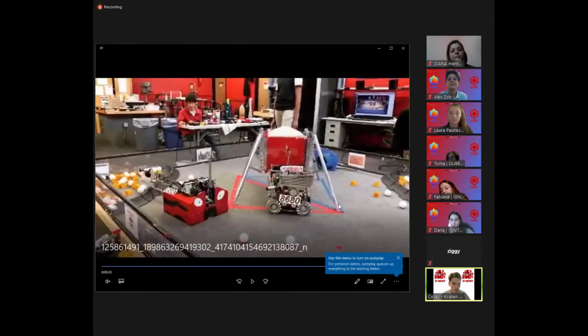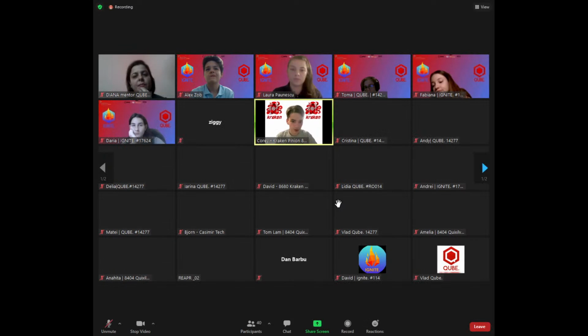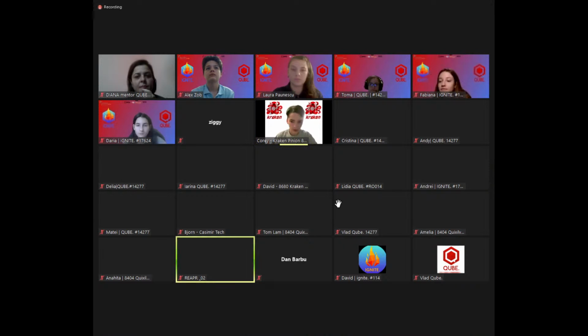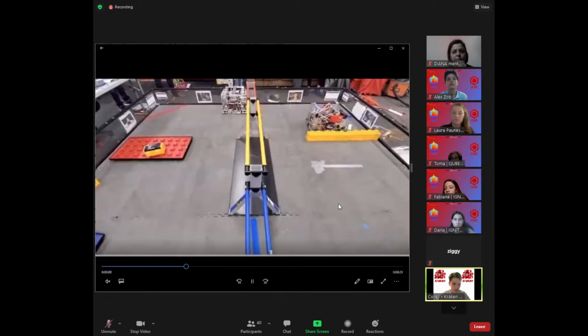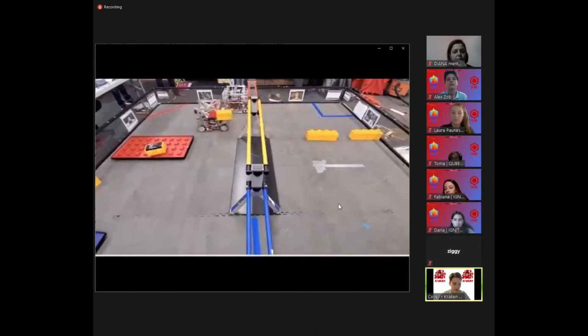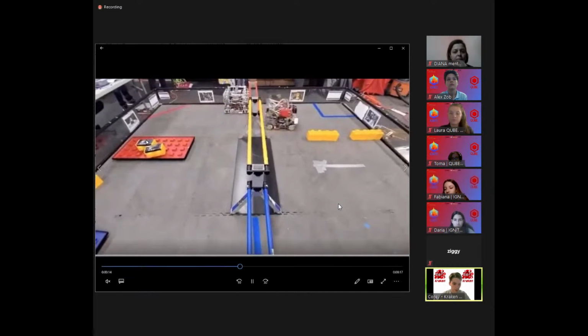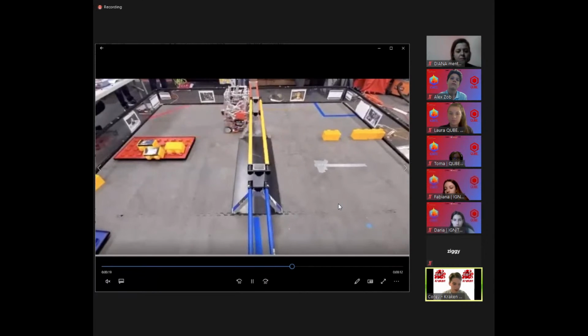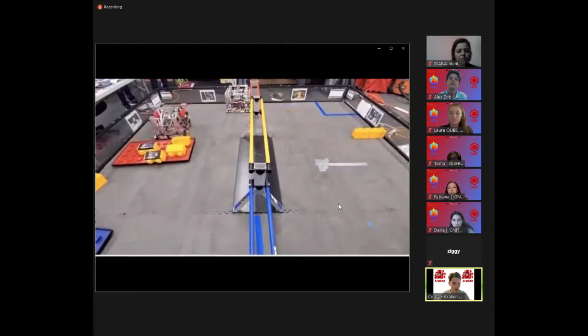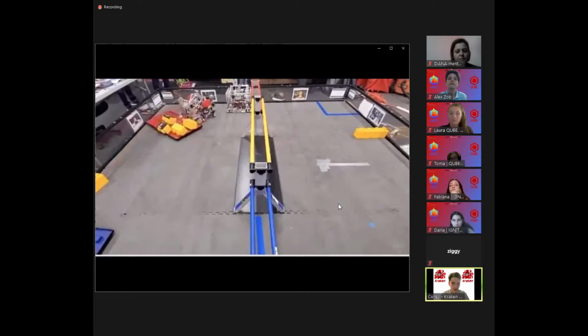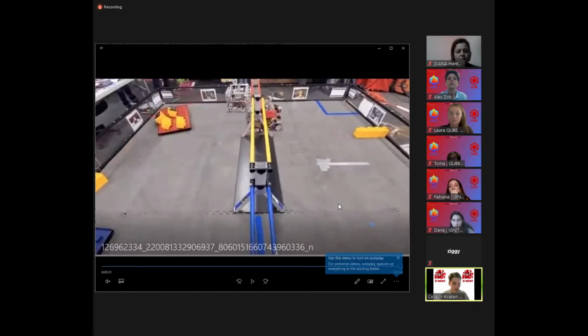field. And then the last way to do it, which fixes or can help fix both of those problems, is you can do something like this. As it drives, it's using the dead wheel encoders, but when it gets to its position over by where it's dropping the Skystones, it uses range sensors to reset the dead wheels and map where it is, because we know that when it's in that position, there's no way for another robot to be in the way. So we can reliably use range sensors to